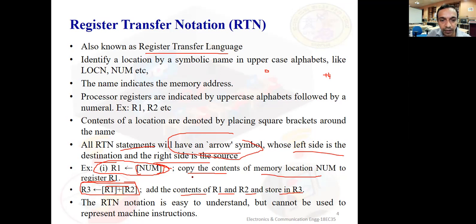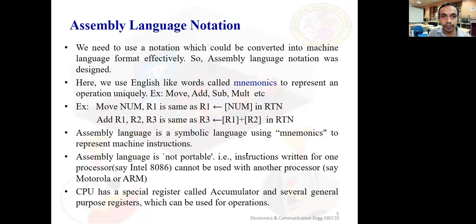It's easy to understand, but cannot be used to represent machine instructions. That is the biggest drawback of the RTN notation. So we go for assembly language notation. Okay. So in the beginning, when I talked about software, if you remember, I talked about high-level language, assembly